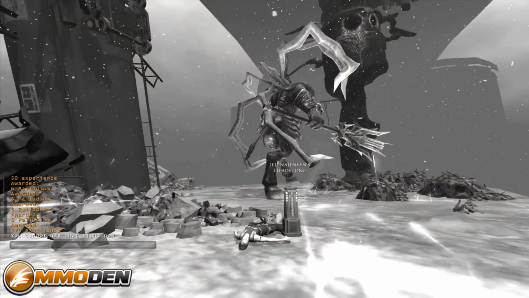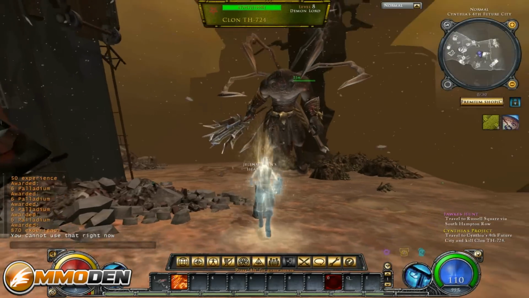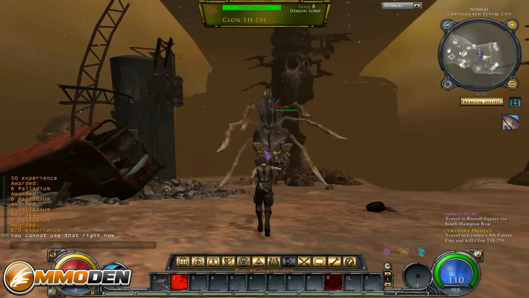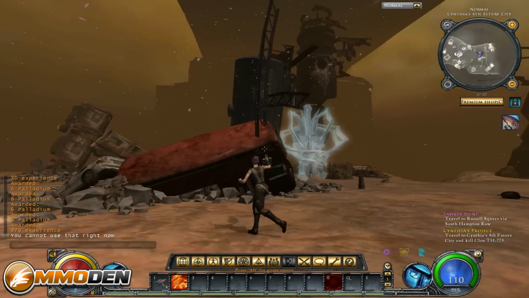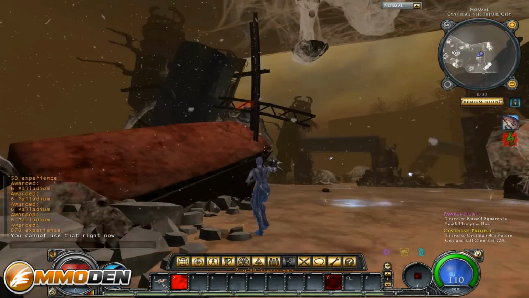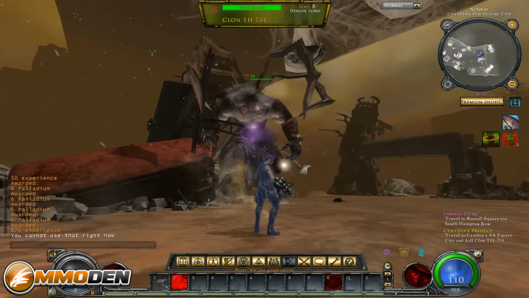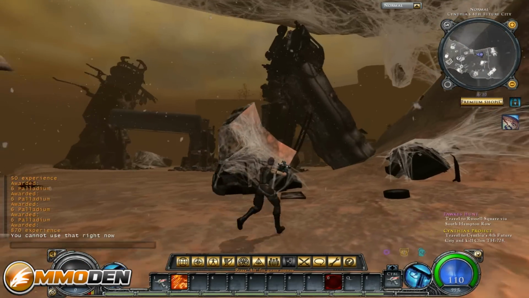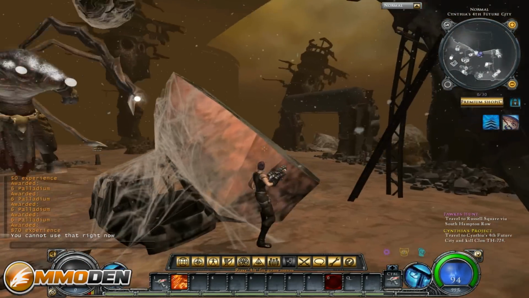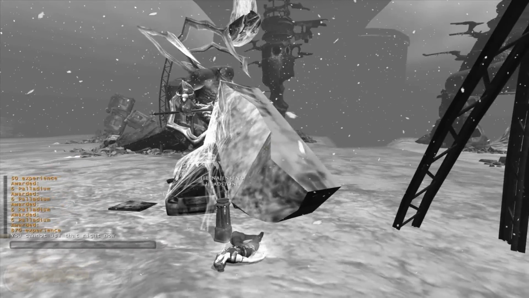Oh, and he totally one-shotted me. So let's resurrect. We actually didn't even do any damage to him. That's how bad that was. Let's get behind this thing, see if we can have it protect us a little bit. You can hold down shift and actually run, and I died again. So I don't know exactly